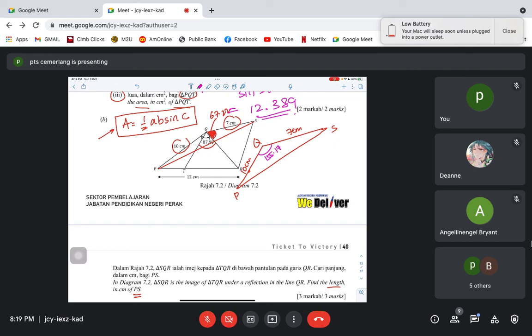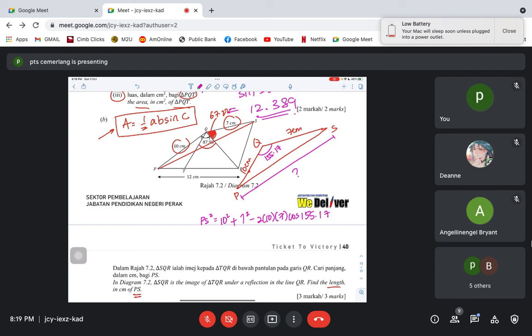So now you are asked to find the PS. PS is the one that you want to find. Can we use the cosine rule? Can you use cosine rule now? PS squared equals 10 squared plus 7 squared minus 2 times 10 times 7 and then cos